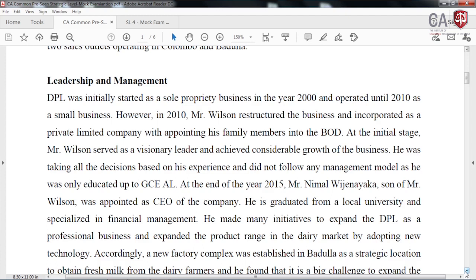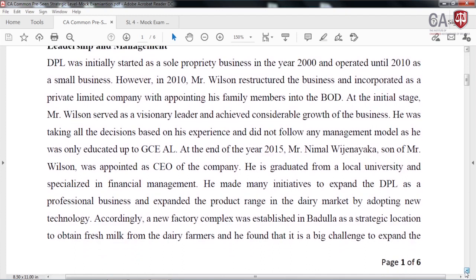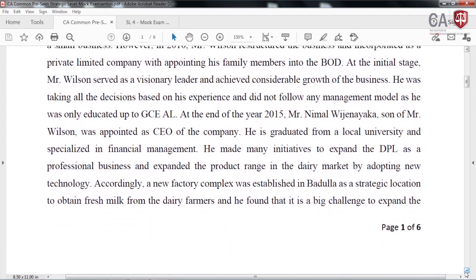He made many initiatives to expand the DPL as a professional business and expanded the product range in the dairy market by adopting new technology. He took a lot of initiative to expand the business. Accordingly, a new factory complex was established in Badulla as a strategic location to obtain fresh milk from the dairy farmers,